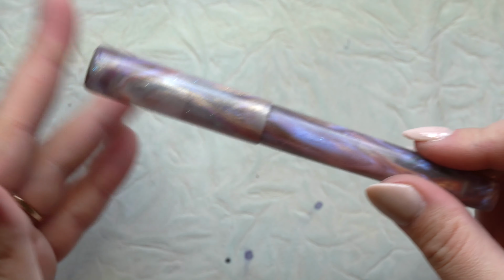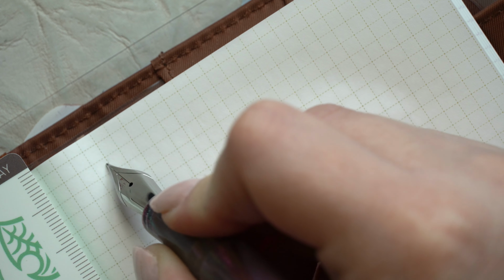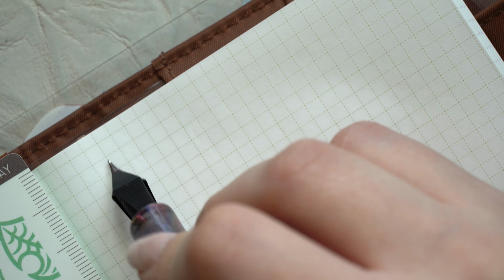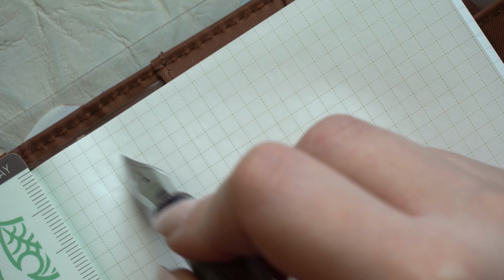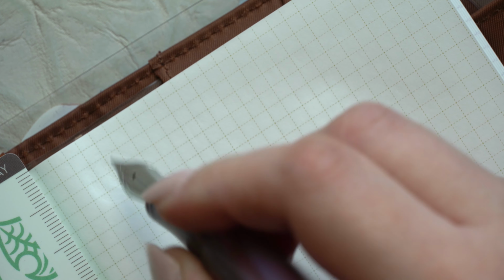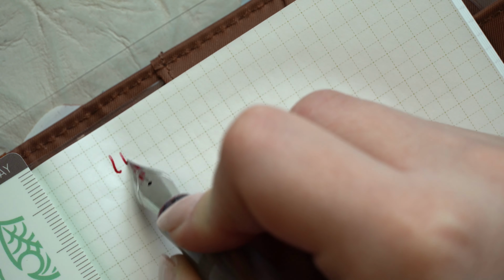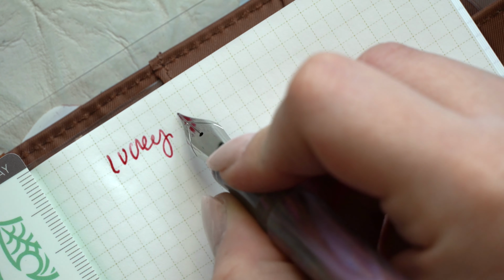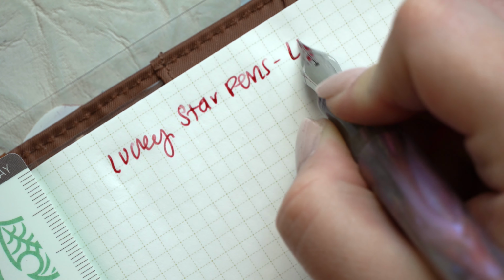Okay, so she is inked. Let's go ahead and do a writing sample. Okay, so this is the Supp, maybe? We might have to give it a minute so it actually starts getting the ink to come down. Let me give it a minute. Okay, I think we're ready. So this is the Supp, oh wow, that was terrible,